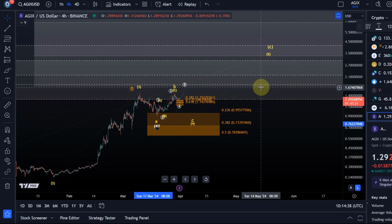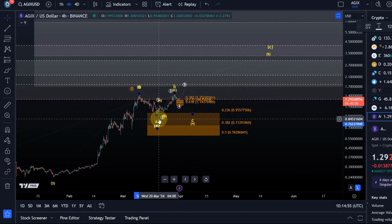The thing is, we only see currently a 3-wave rally from the low. So it's a corrective rally at the moment with a lot of overlapping price action. So purely by looking at price alone, while it is possible that the wave 4 already bottomed here, I think it was the 19th of March, that the price bottomed at 91.1 cents,